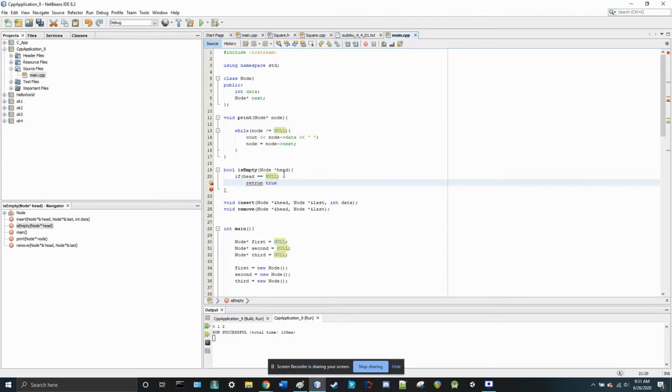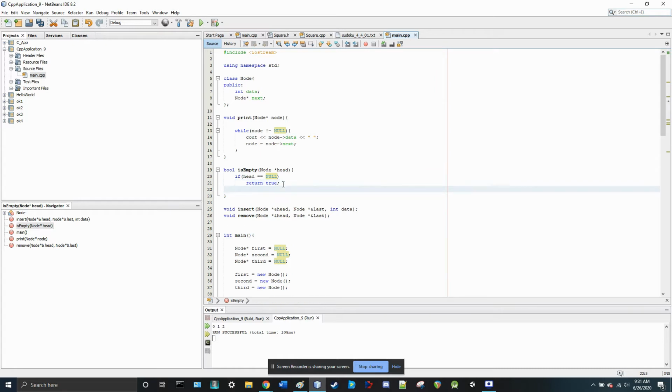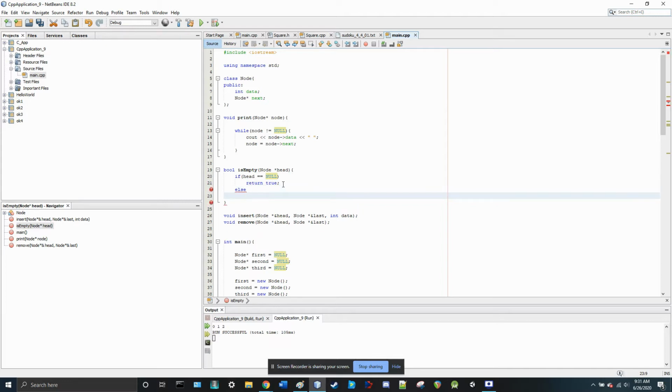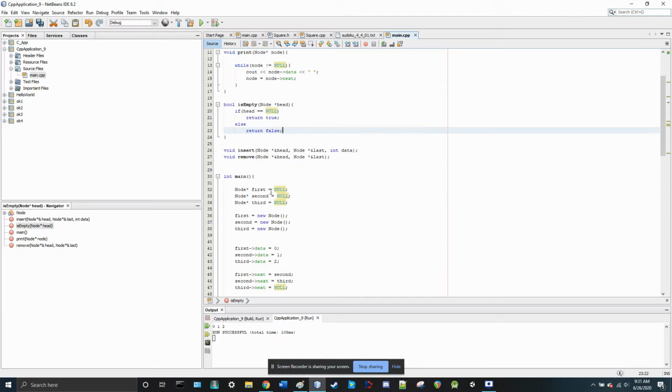That means the list is empty. Oops, I put return. I meant to say return, not return. Return. There we go. We don't want to return anything. Okay, so else we're going to return false. Okay, now that we have our isEmpty function,